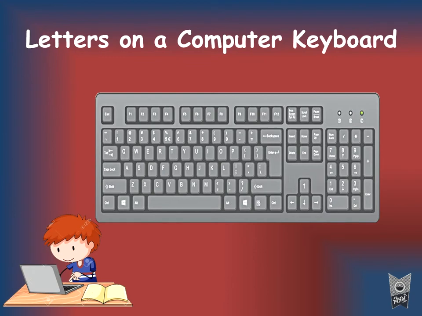And let's look here. This is a keyboard. What is this? It is a keyboard of a computer. So look here again. You have the letters which are not in a proper sequence. Is it not? What is a proper sequence? Sequence means in a line. A, B, C, D, E, F, G, H, like that.